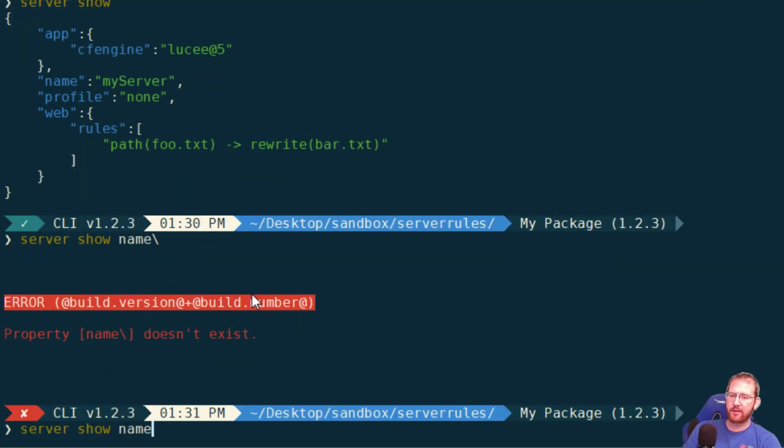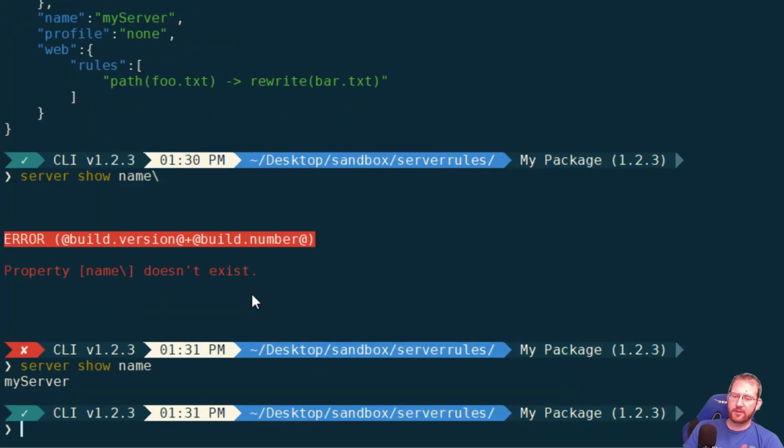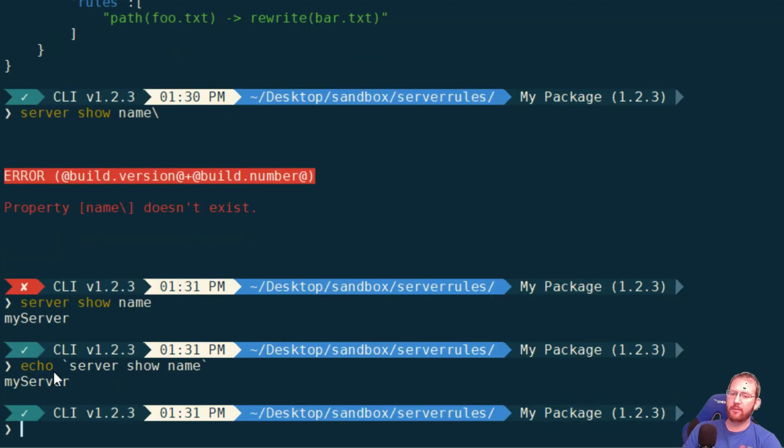And so obviously I can say server show name. Oops, I've got to spell it right. Server show name, and it'll say it's my server. But if I want to use this value dynamically inside of a script, I could use backticks and actually execute the server show name command, which is a little wonky. Or I can use our server.json namespace, where inside my little dollar curly brackets, I have server.json dot